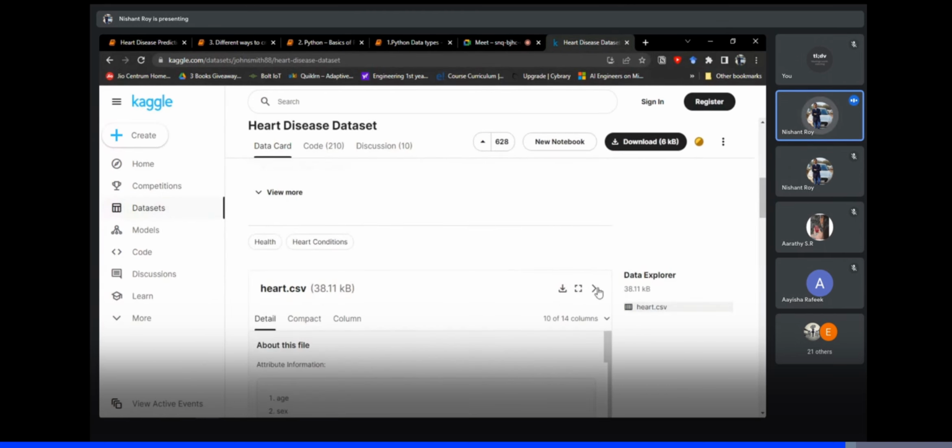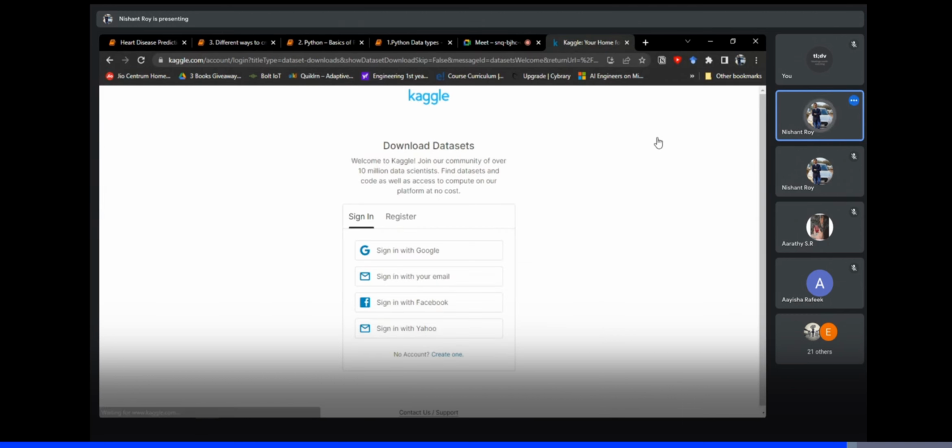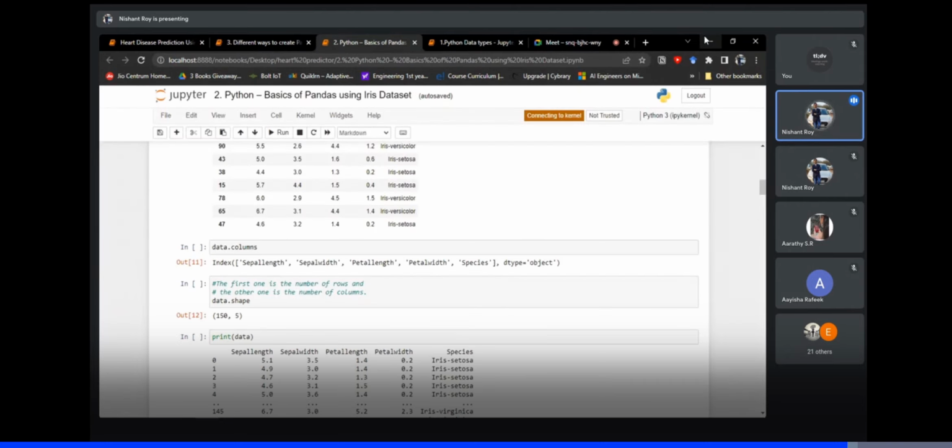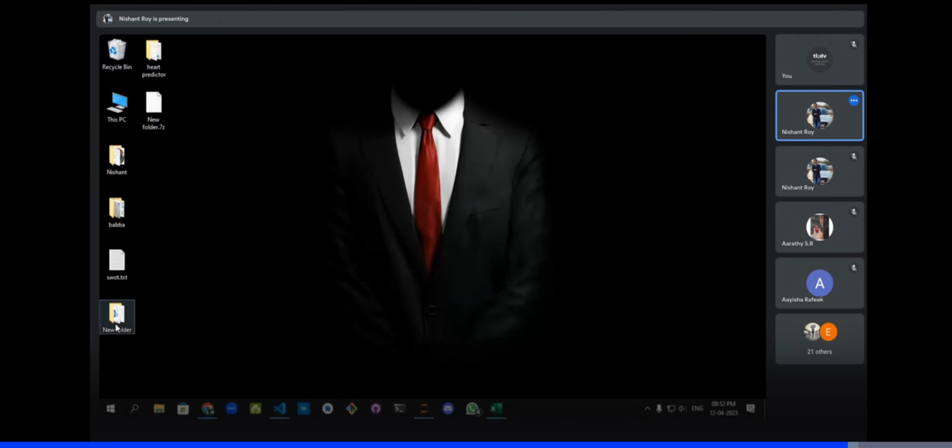Okay, here you can see that there is a data set here. You can just download it using this button, and it will give you the downloaded data set. You will obviously need to be registered here. Also, if you are going to do some kind of image related work, what you can do is